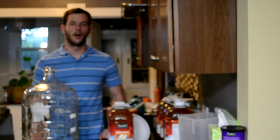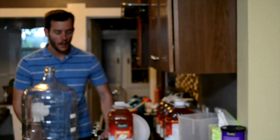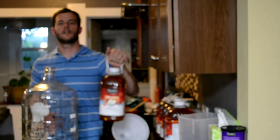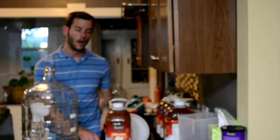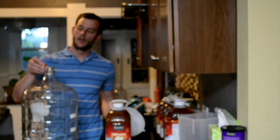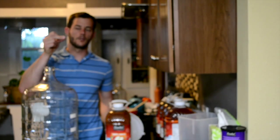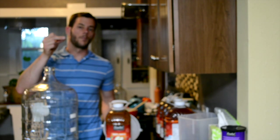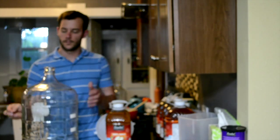And now for our 3rd and final method of hard cider making. We have the method that I use today, which is the advanced method, or the have-your-own-beer-kit method. And for this, I've got, again, gallons of cider, although this time I have 5 of them. I've got my cider yeast, I've got a funnel, a little coat hanger that I bent into the shape of a V to let the air flow out of the carboy when I'm pouring my cider in through the funnel,